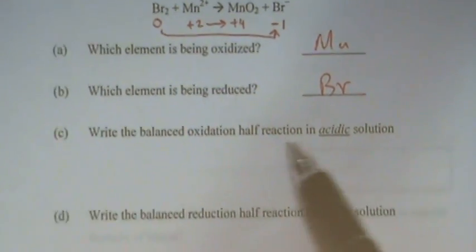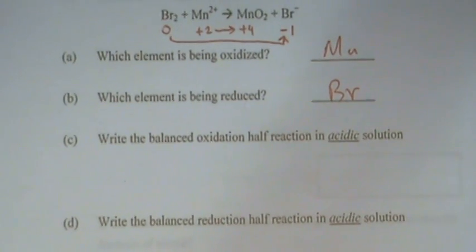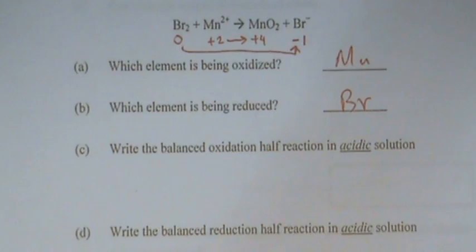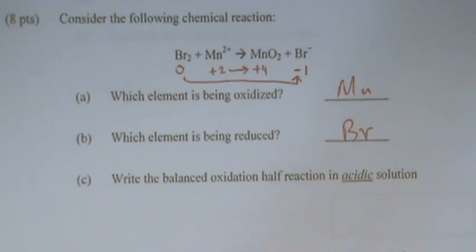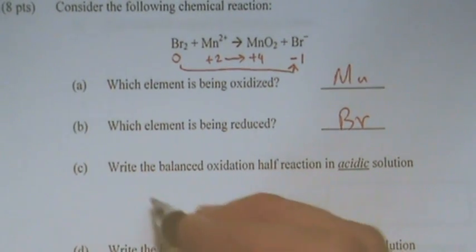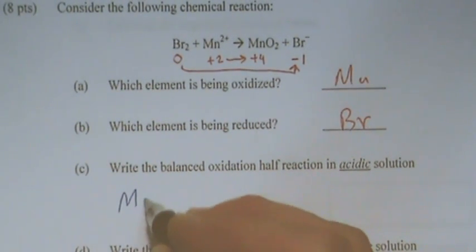Now, balance the oxidation half reaction in acidic solution, okay? So we want to balance the equation that represents the oxidation, right? So which is oxidized, we said? Manganese. Okay, so we're going to go from manganese 2+